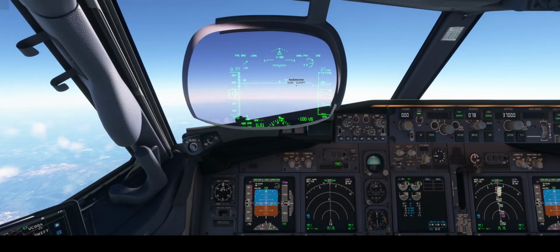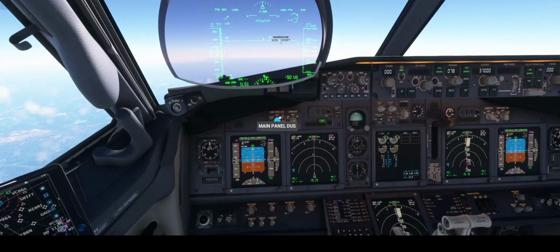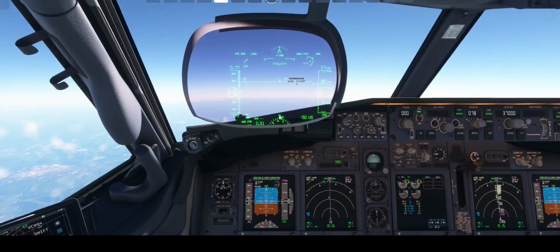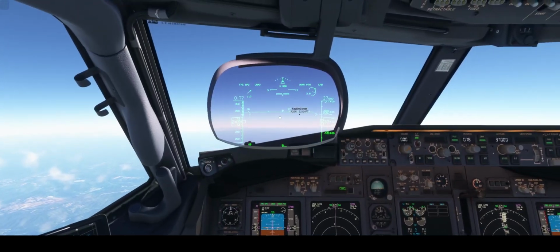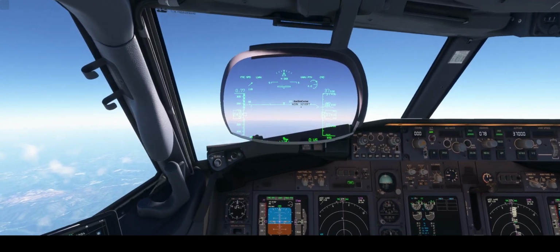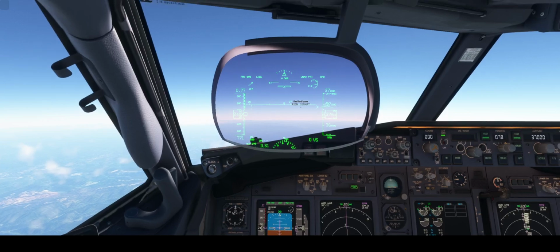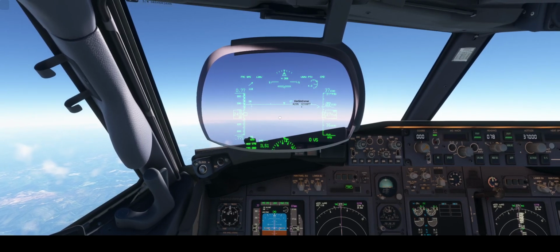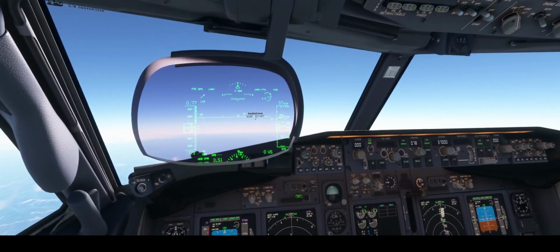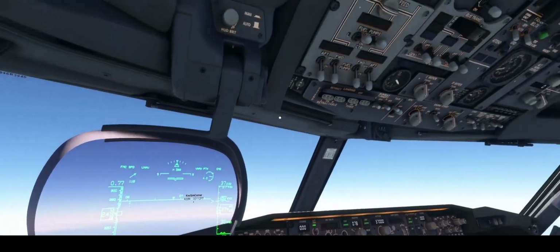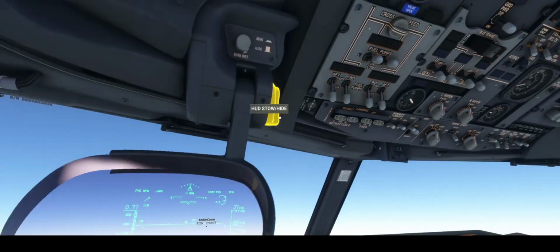Let's see. Now we should be able to see. Now, interestingly enough, this happens, and I don't know why. This gets out of alignment and it shifts over here. I don't know why. Let me see if